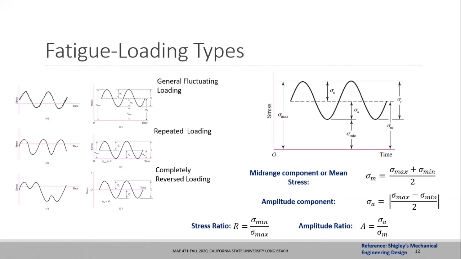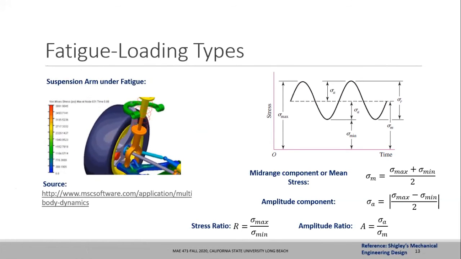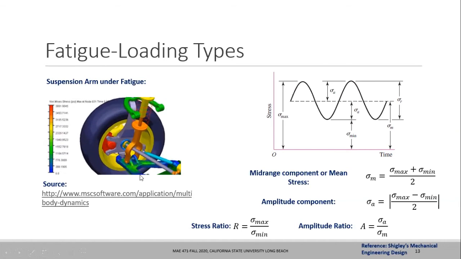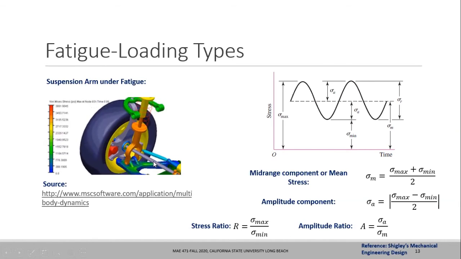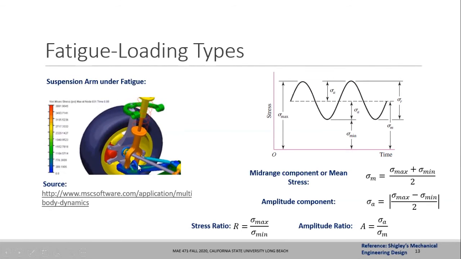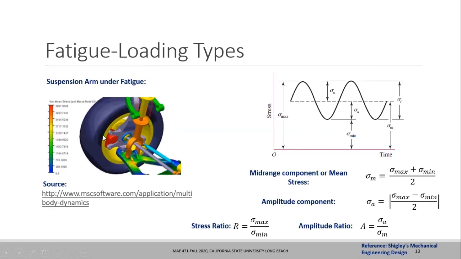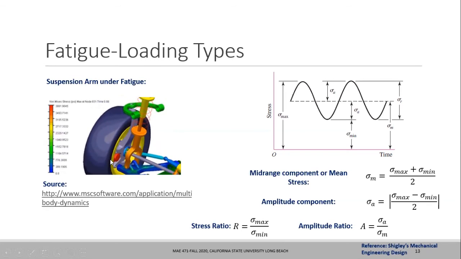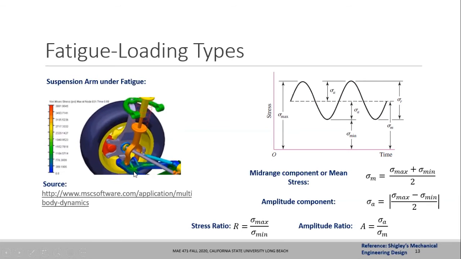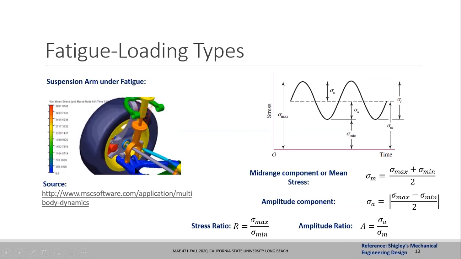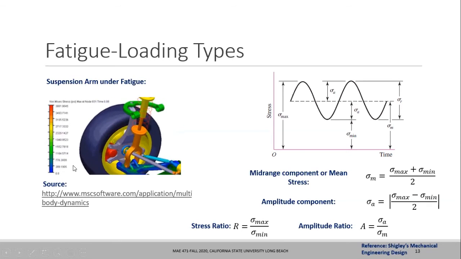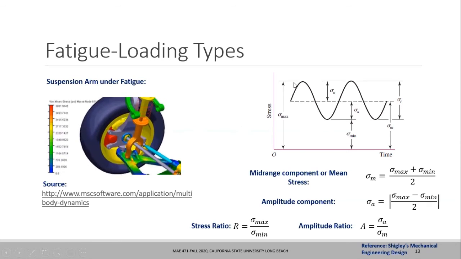That's fine. So here are some other examples. For example, if you are talking about a specific finite element simulation of a suspension arm, and you know how the stresses vary from max to min, how do you get the maximum stress and minimum stress? Let's say this wheel is going through a pothole condition. It goes through a pothole and then moves up. Depending on that travel, the suspension arm is feeling stresses, getting a maximum stress and a minimum stress. You see the plot of the stress contours, and from there you can find the minimum value and the maximum value of the stress.